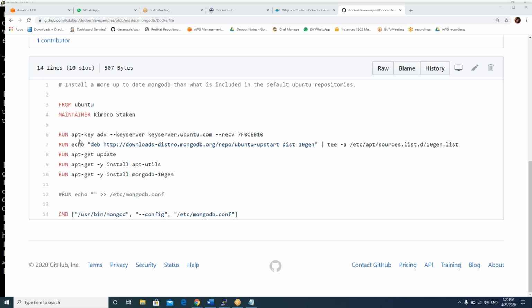In that case, what will I do? I'll Google it. What are the application commands? How to install the application? They will give you all the commands, right? Like 1, 2, 3, 4, all the commands. I will make it with run first command, run second command, run